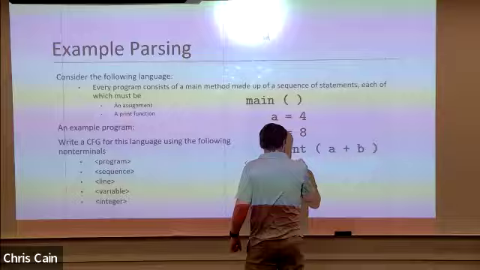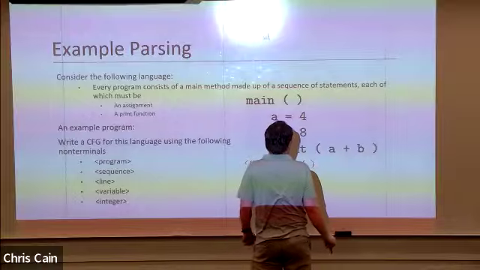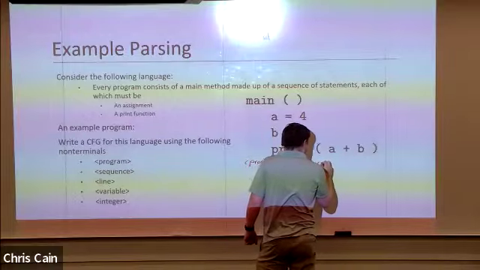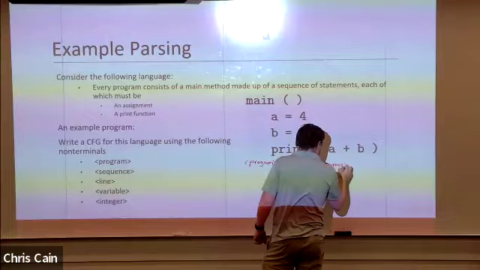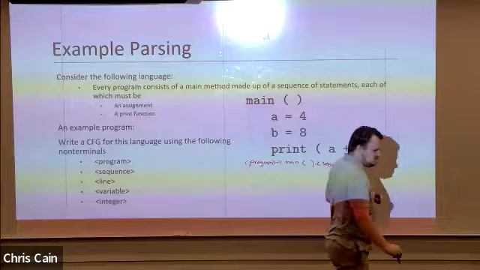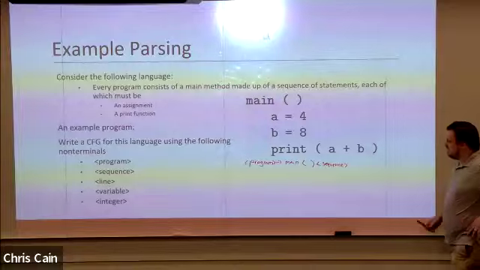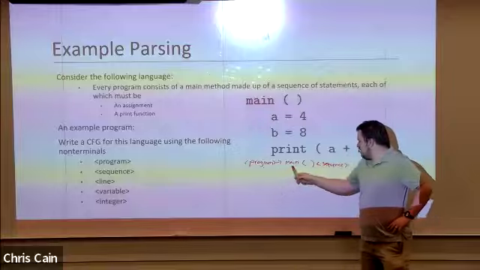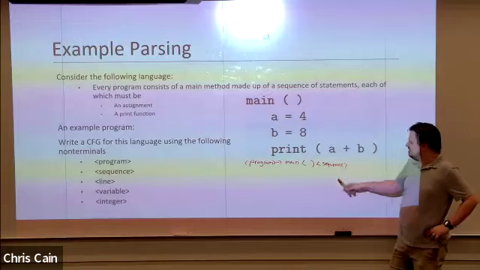We expect to see this string followed by a space, followed by this string, followed by a space, followed by this string, followed by some sequence. So this would be your first rule in that grammar. Every legal program in this language starts with main followed by some sequence of lines.